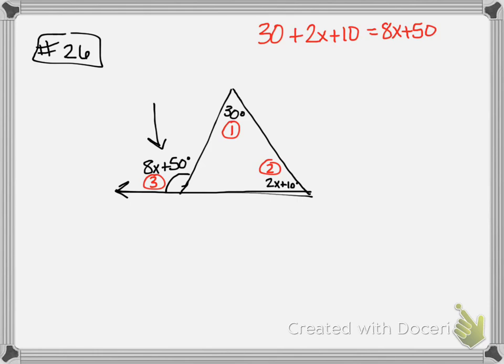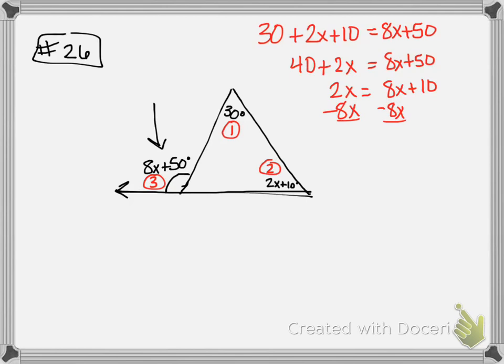And so we have to combine our like terms. 30 and 10 would give me 40 plus 2x equals 8x plus 50. Okay, if I subtract 40 from both sides, I get 2x equals 8x plus 10. Subtract 8x from both sides, so I get negative 6x equals 10. And then we're going to divide by negative 6. And you get that x is equal to 10 over negative 6, which is going to be negative 5